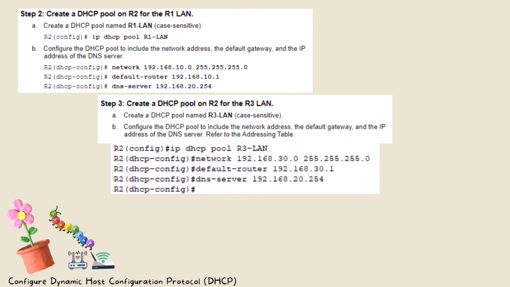Seterusnya, kita perlu configure the DHCP pool to include the network address, the default gateway and the IP address of the DNS server. Kita perlu masukkan dalam mode DHCP config, masukkan command network 192.168.10.0 dengan subnet mask 255.255.255.0. Seterusnya diikuti dengan command default router 192.168.10.1 dan kita perlu masukkan DNS server